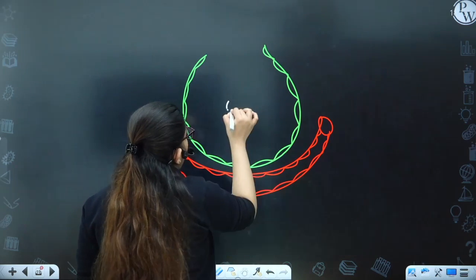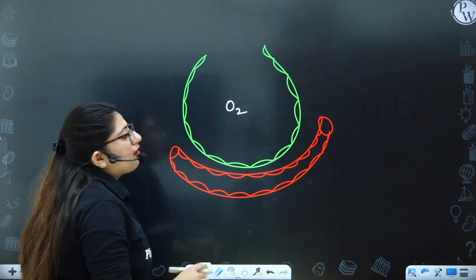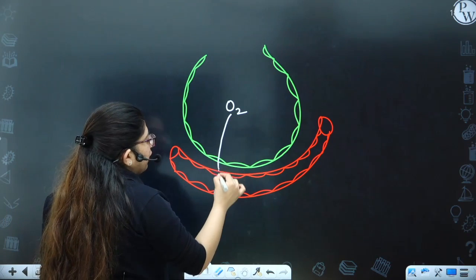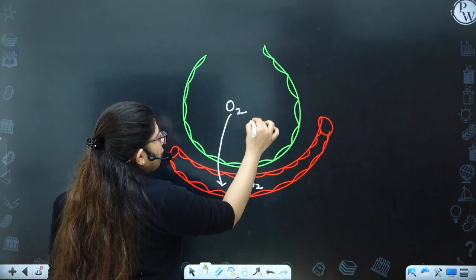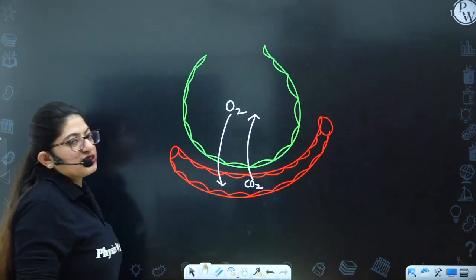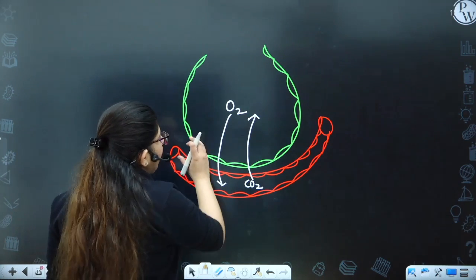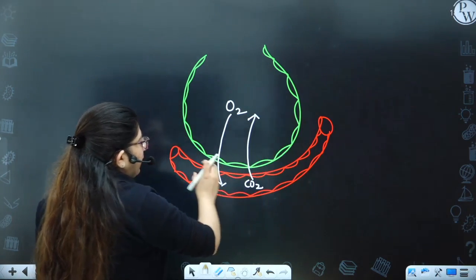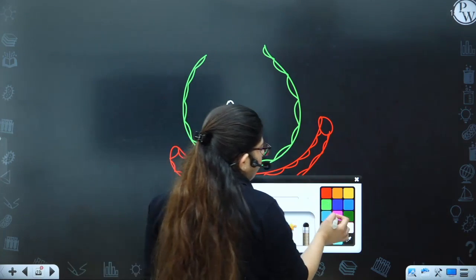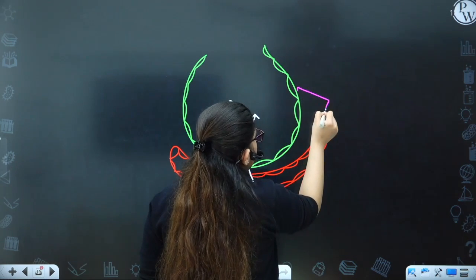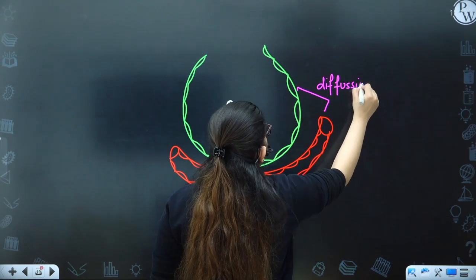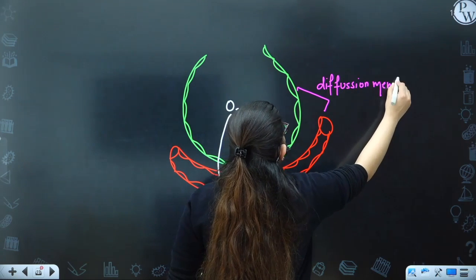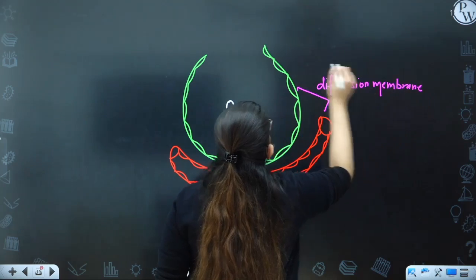All right, so what is happening? It has a lot of oxygen. So oxygen from the alveoli is entering into the blood, and CO2 from here is moving out. Fine. This is the exchange of gases. So here it is passing through some membranes, and this becomes a diffusion membrane. Listen to me very carefully, the diffusion membrane is formed between the alveoli